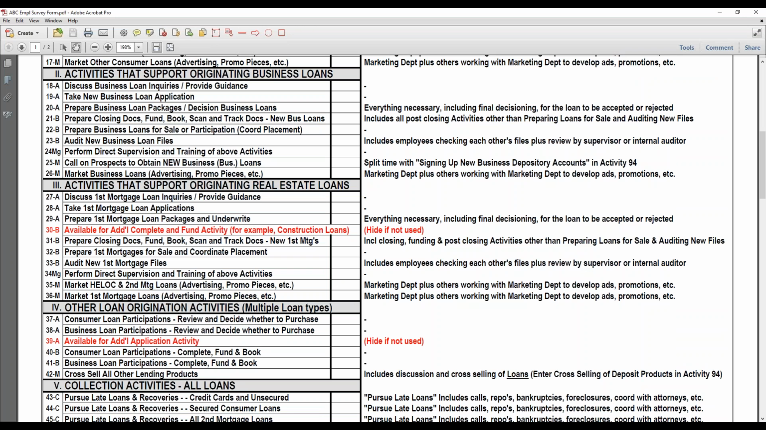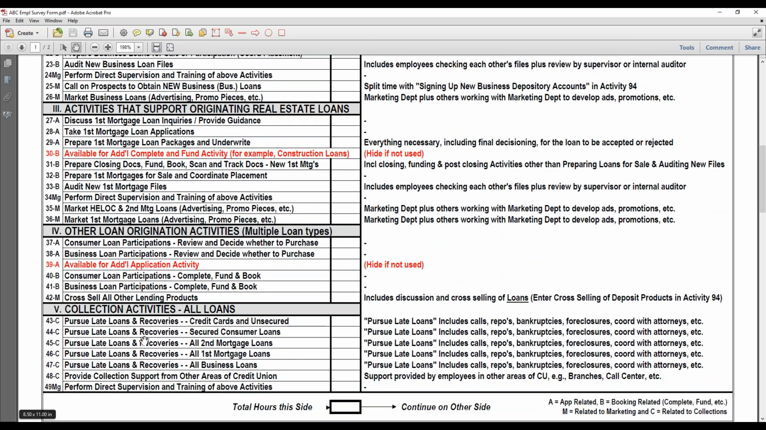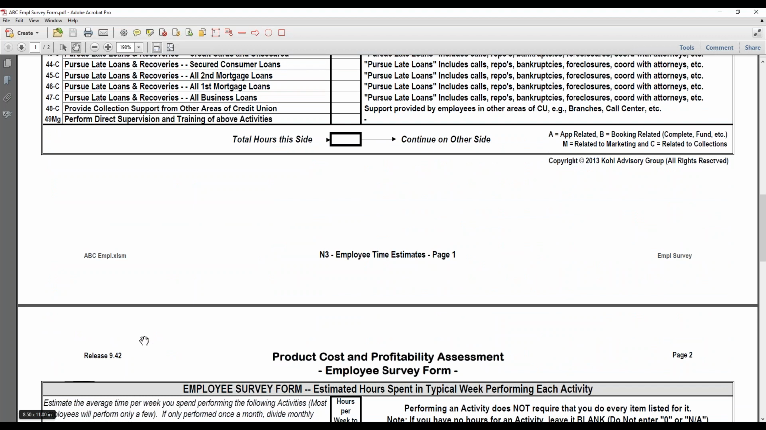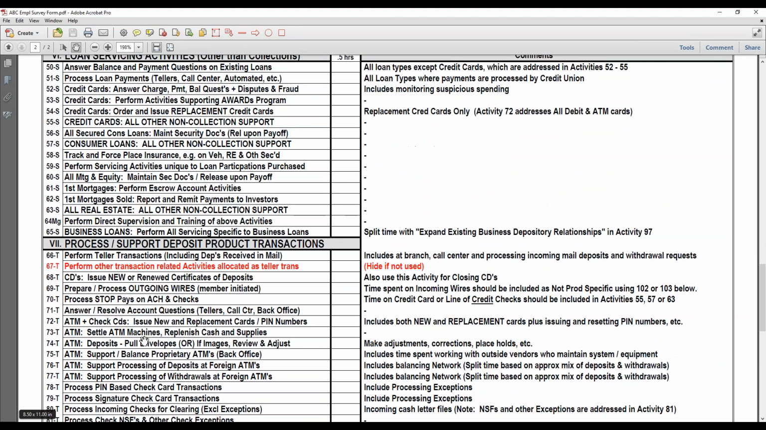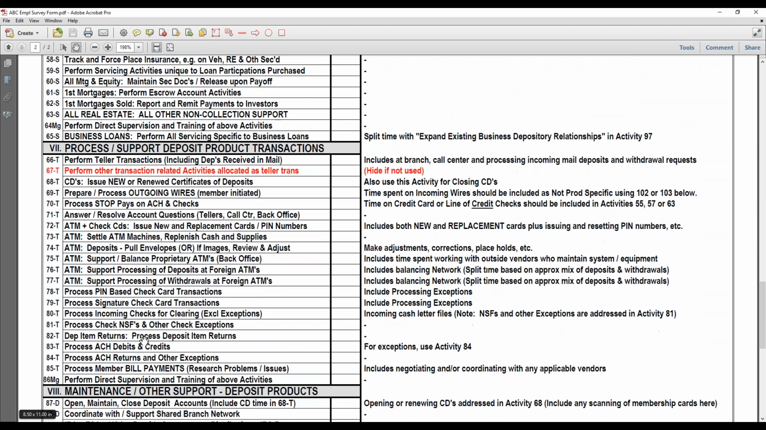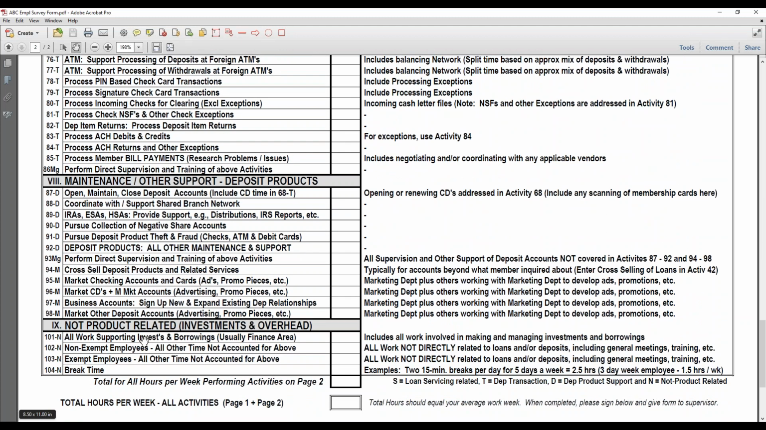You are now looking at a master activity list consisting of about 80 activities typically conducted by credit union employees in delivering loans and deposits to members. These activities will be customized for your credit union's unique operations. You will notice that activities cover everything from the origination of different loan types to the servicing of those loans to processing deposit applications and support transactions, maintenance of those deposits, as well as